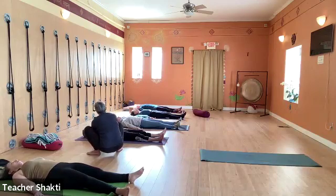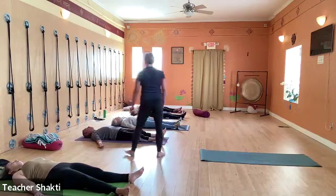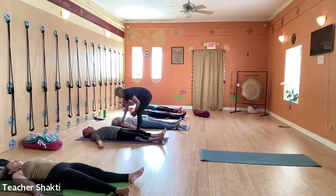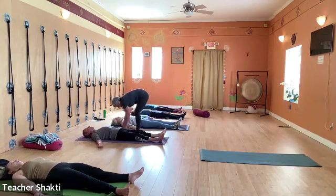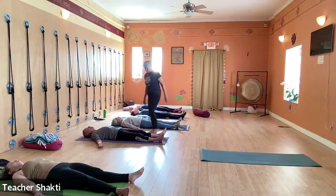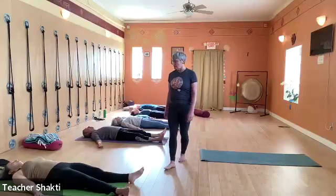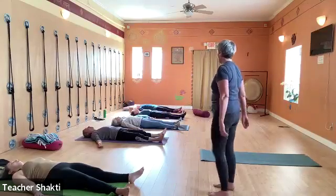And then let your breath flow freely in your body. And observe your breath. And observe your body. And soften what's engaging. Work towards letting go. This pose is a practice of letting go. So allow that process to happen